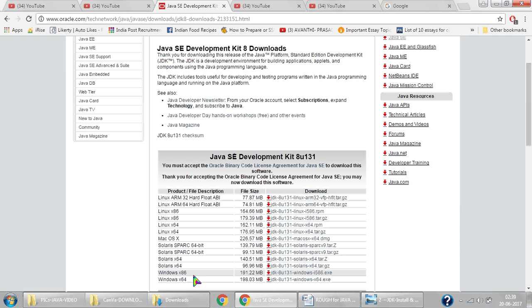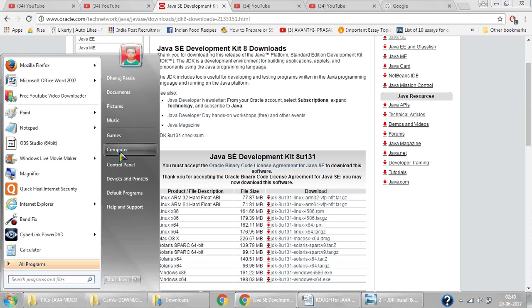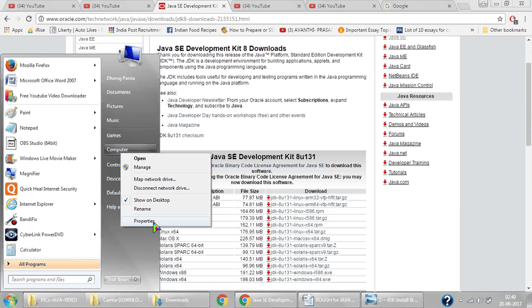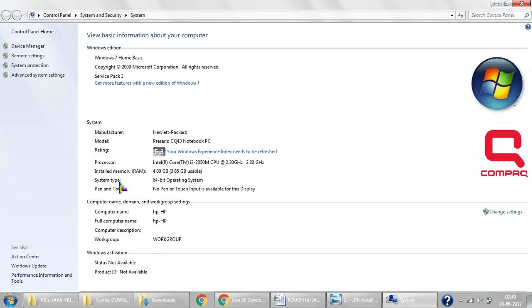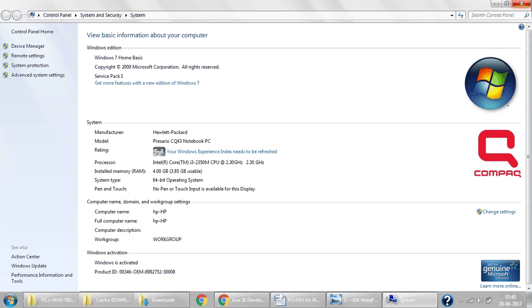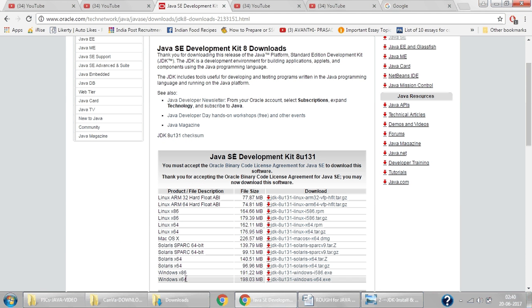Here we have two options: x86 means a 32-bit operating system and 32-bit computers, and x64. Generally we have 16-bit registers, that is about hardware, and software also 64-bit. In the upcoming days we will get 128-bit operating systems and computers. So for this, click on Start, Computer, right click, Properties. Now check it out, Windows 7 Home. So it's a Windows 7 operating system. My system is Windows 7 and the system type is 64-bit, right? Close it so as not to get confused. So for Windows 64-bit, this JDK I need to download,